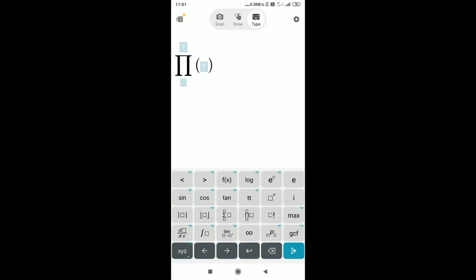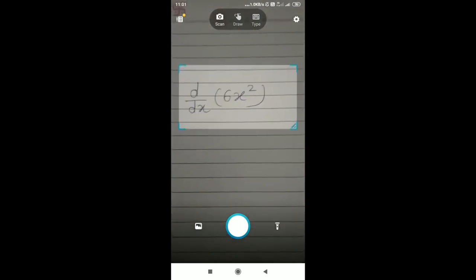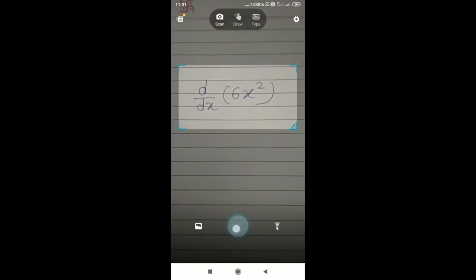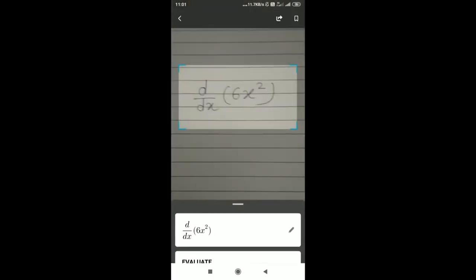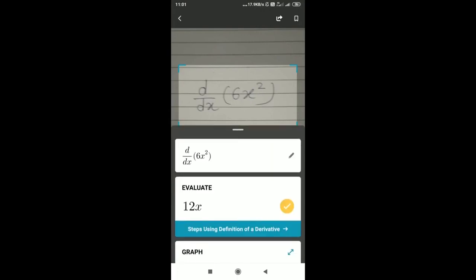Next, you can scan the image also. It scans the image, so the AI model recognizes the handwritten equation and recognizes that pattern.